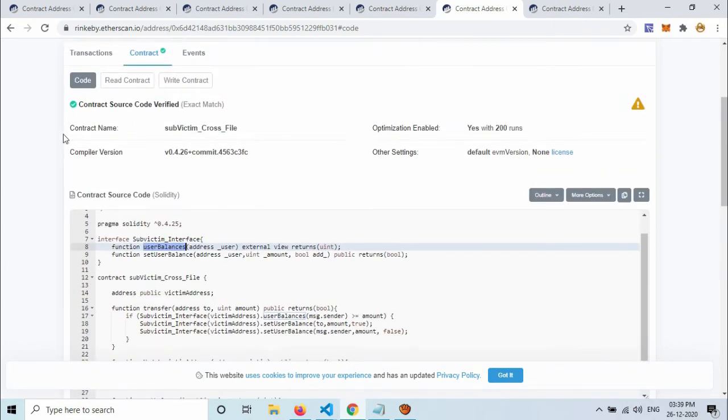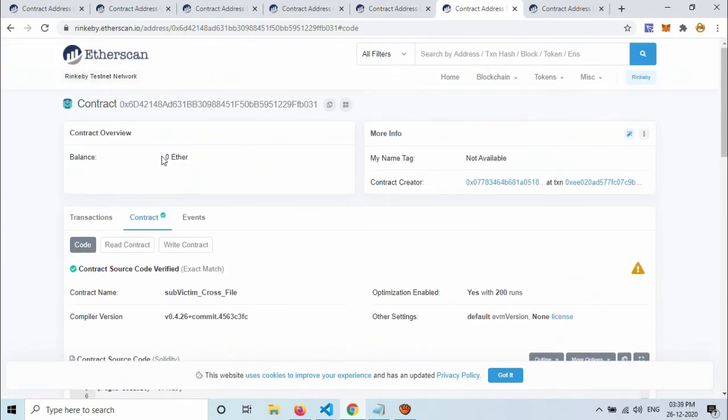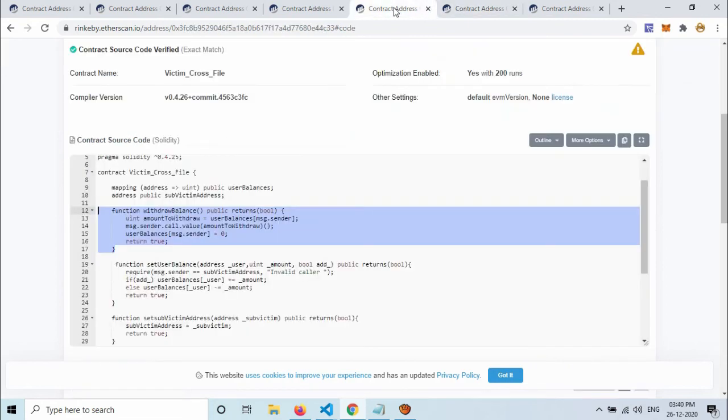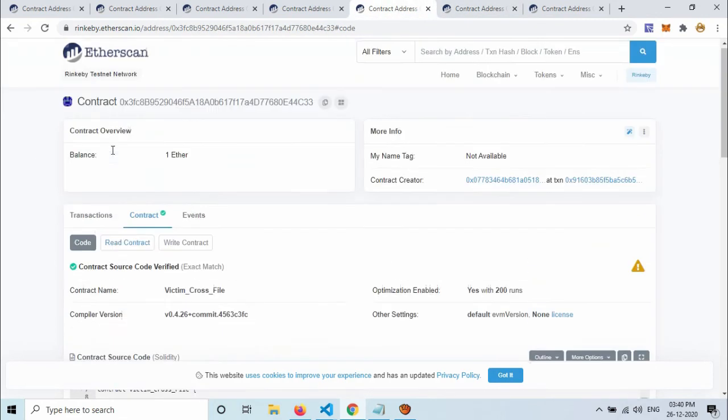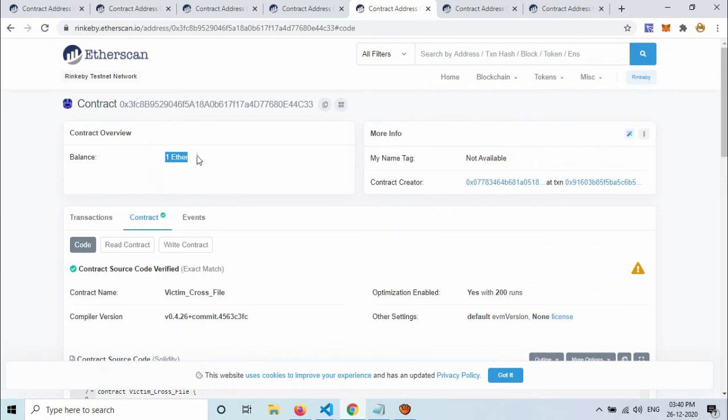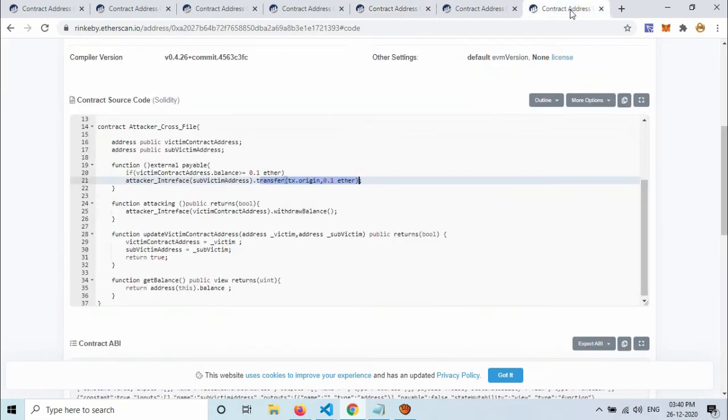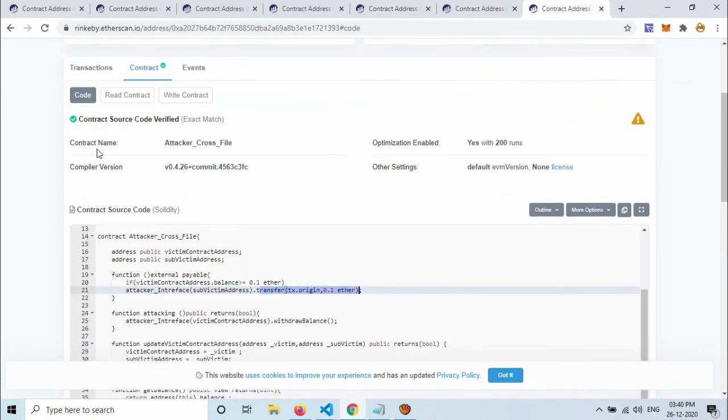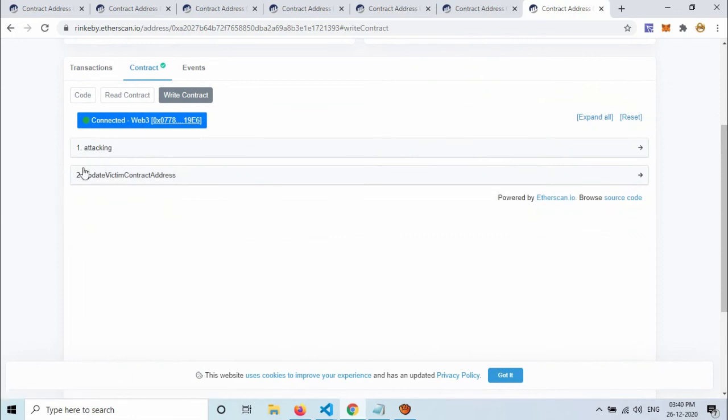So let us check the balance of both contracts. It has 0 ether, and the balance of this contract is 1. And now I am going to call the reentrancy attack from here.